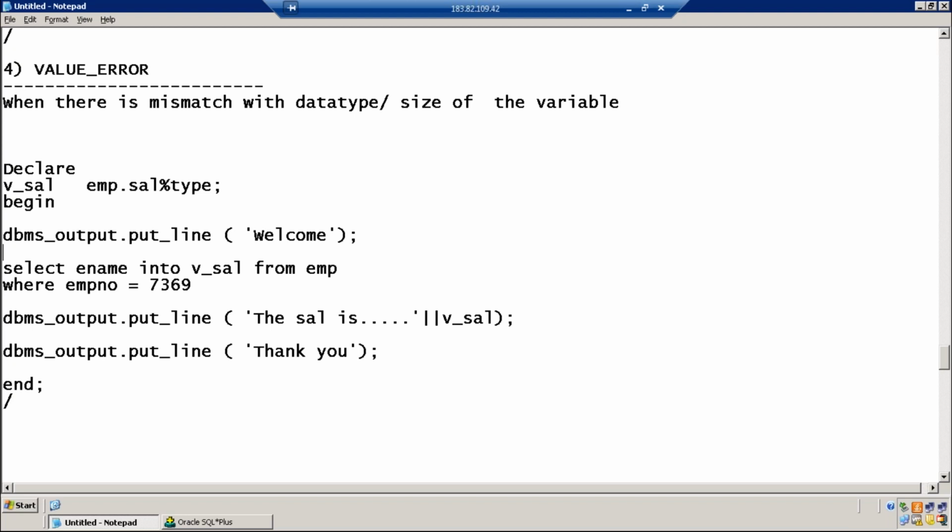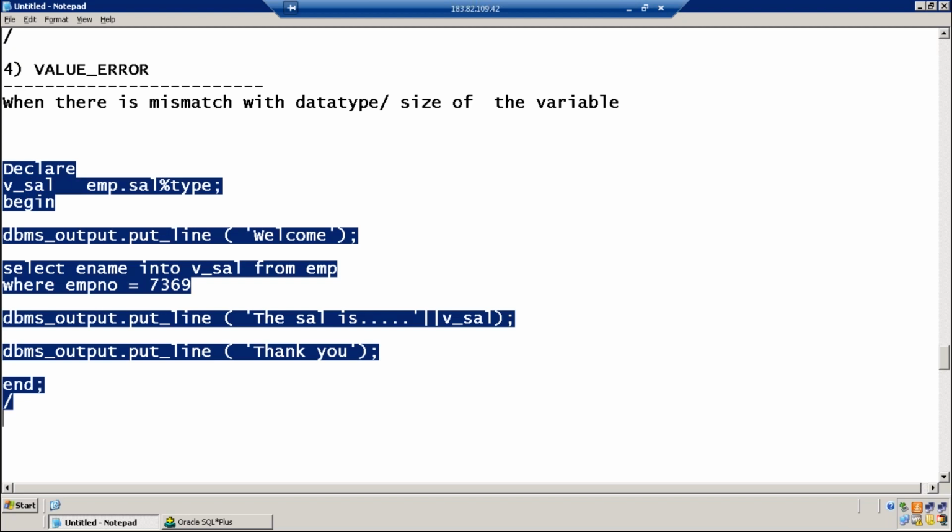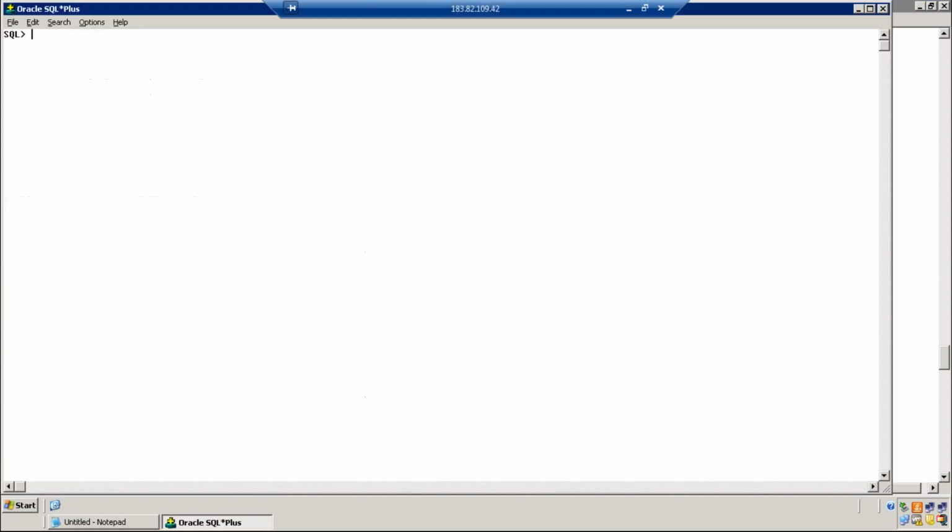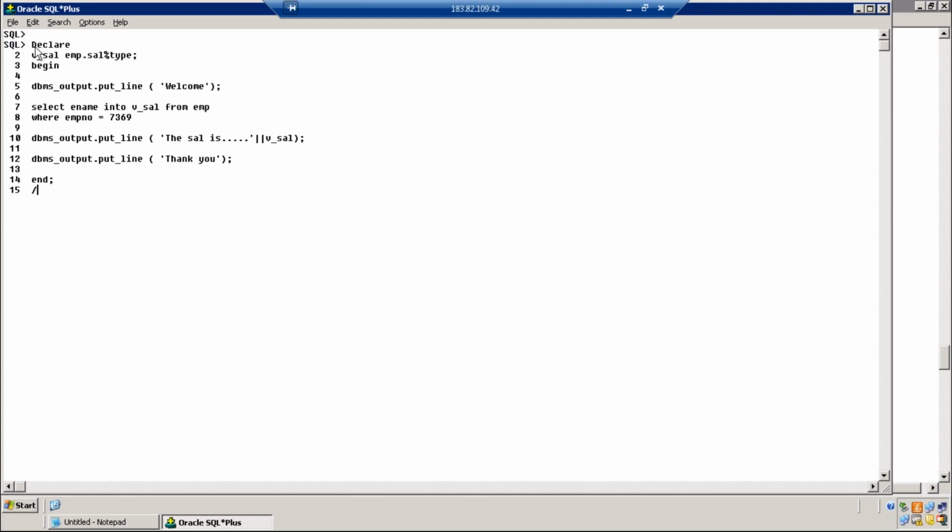Let's try to understand the program. Program execution starts from begin. First, welcome is printed, then selecting employee name into vsal. Vsal is number data type. Employee name is varchar2. There is a mismatch between the data types.